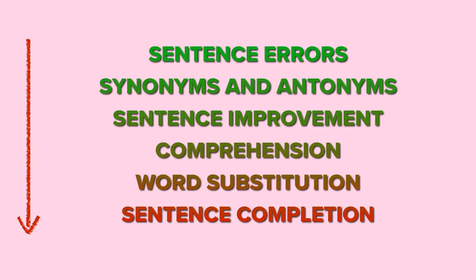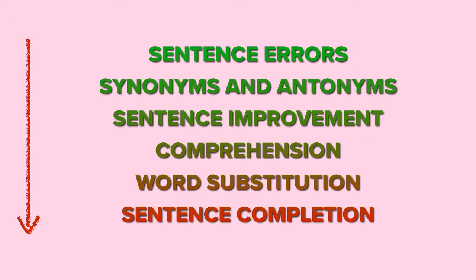And for synonyms and antonyms, a small trick is to be thorough with your root words. If you know from which root word that particular word is derived, you can try to predict the synonym or the opposite of that word. And sentence errors. If you're fluent with your English and good in conversations, you can actually start finding out the errors in a sentence. So read out the sentence and see if, when you're saying it to another person, it will be proper or grammatically correct. If so, you can directly put the option none of these, or if you find something which is wrong, you can go with that.